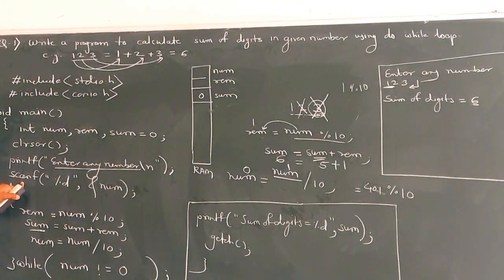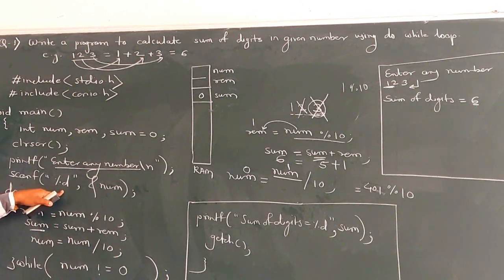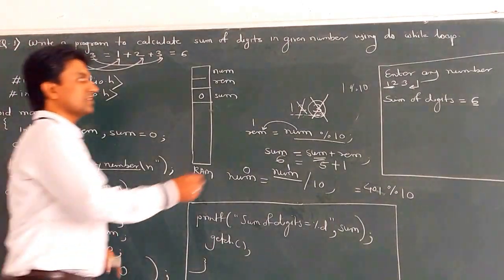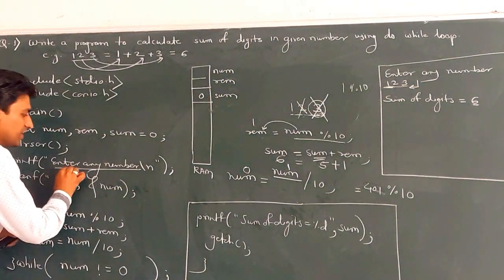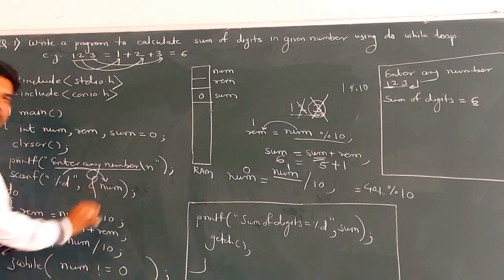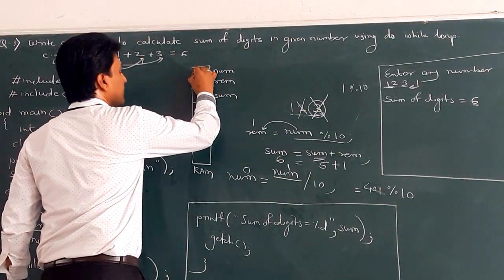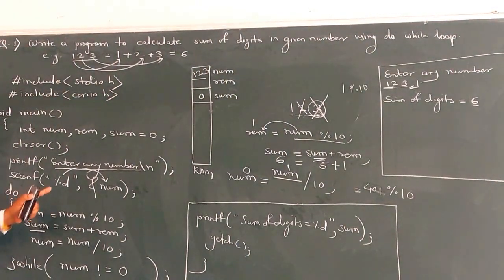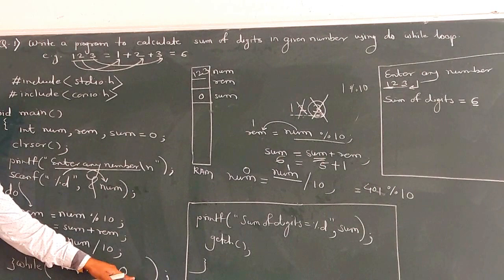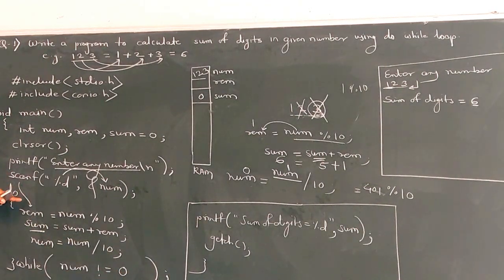Next statement is scanf. The cursor is blinking for %d. When the user enters some number, that is 1, 2, 3 and presses enter, that number 123 is assigned to the address of the num variable. So in the num variable the number 123 gets assigned. That is the initialization of num. After that, the runtime cursor automatically goes first to the do while loop, because this loop is an exit-time condition checking loop. At entry time there is no condition, so the runtime cursor enters directly.